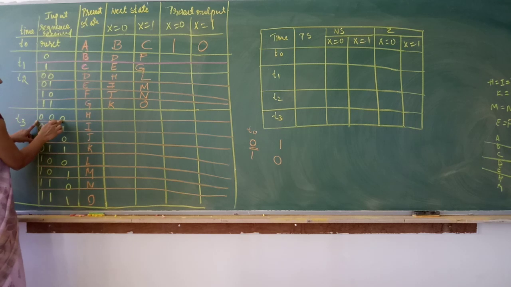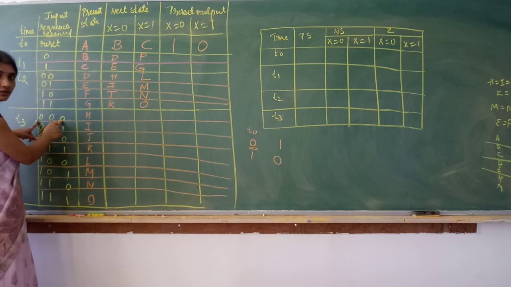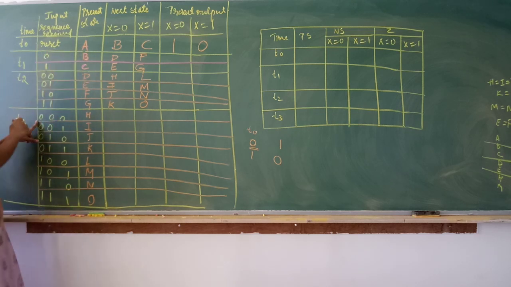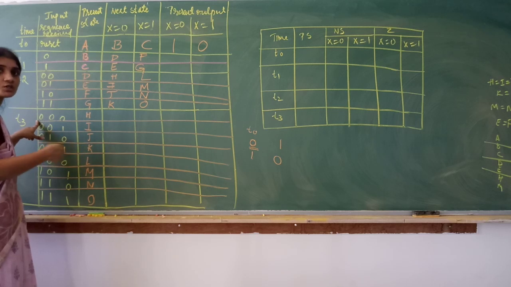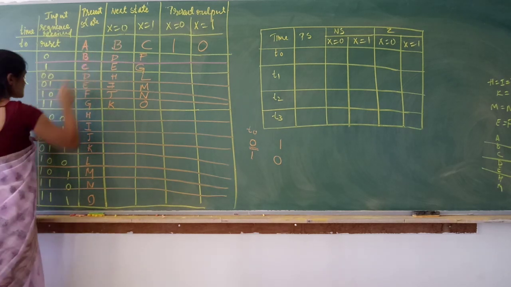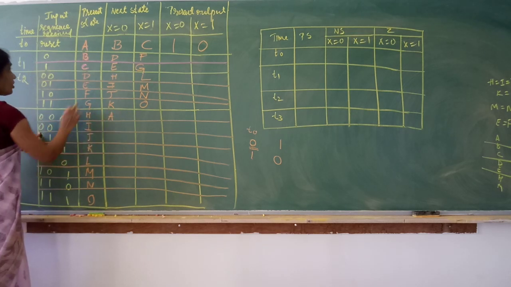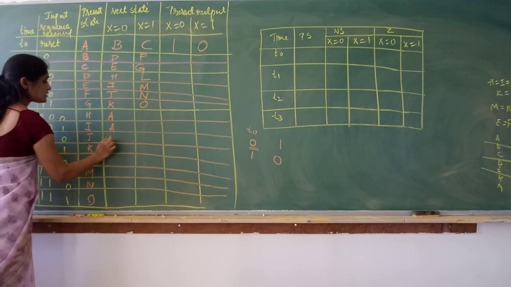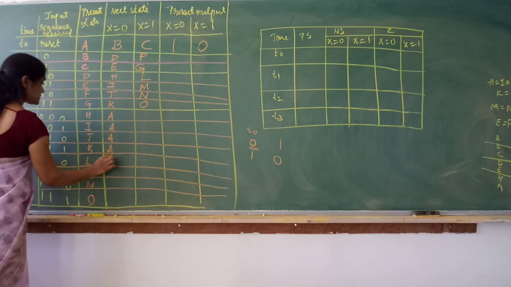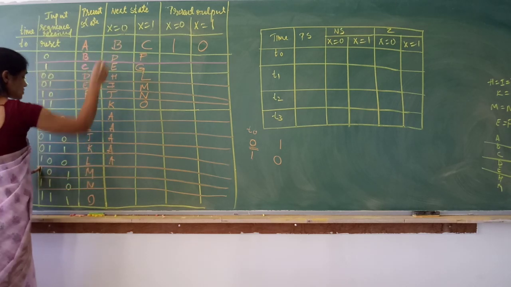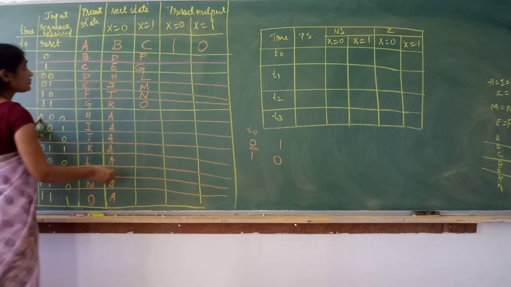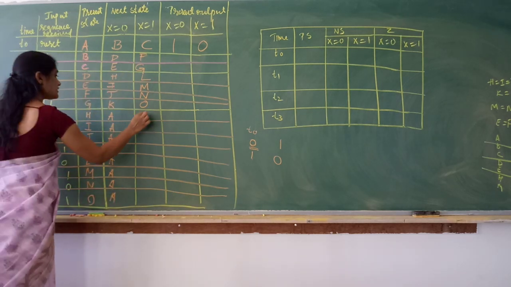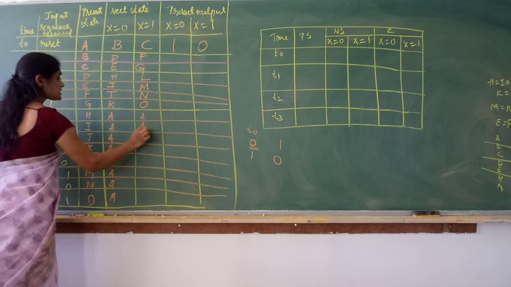0, 0, 0, 0. What is the next state? Once it receives all the 4 bits, this machine should reset. What is reset? A, isn't it? Once it receives all the 4 bits, once it generates the output, the circuit should reset. Okay? So, reset. To be careful when you write it here. So 1 0 0 0, reset. 1 0 0 1, reset.